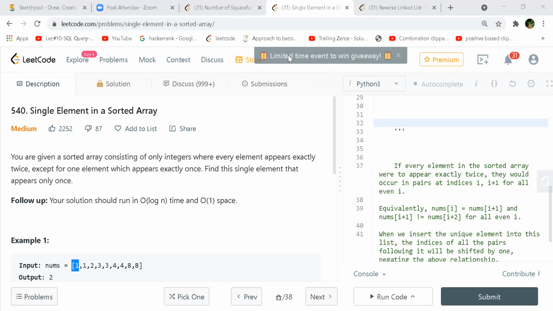Assume that we have 7 numbers in total, right? So the index will be 0 to 6, and the mid will be 3. Or 4, right? No, 3 only. Or else take this example on the screen, example 1, and then explain it so it will be clear. Okay, I will try to explain with the help of this.